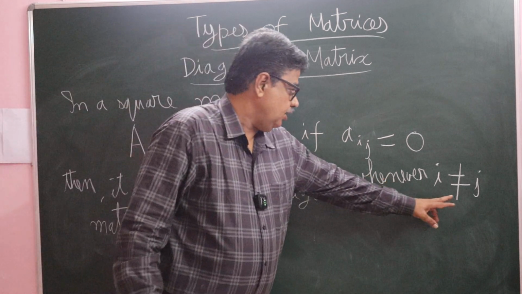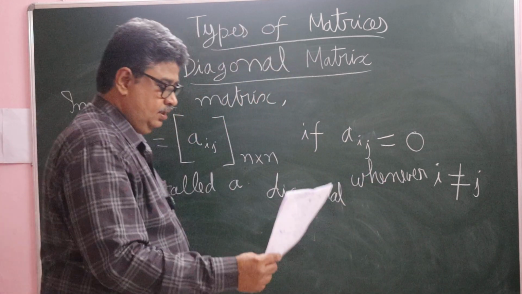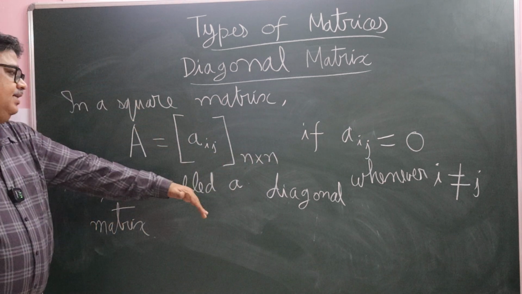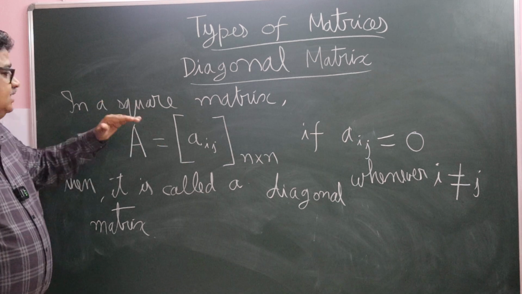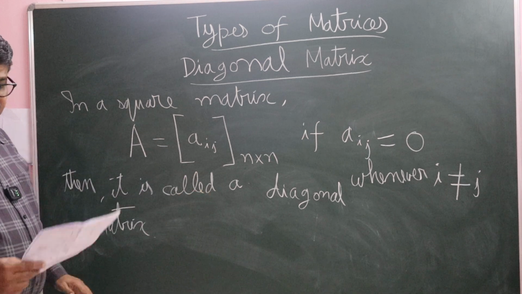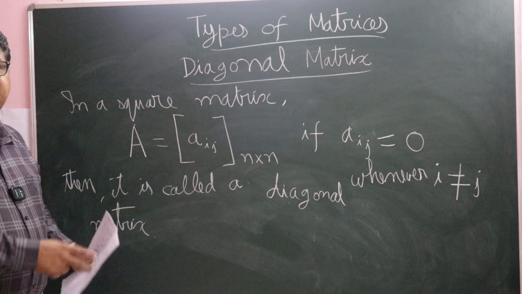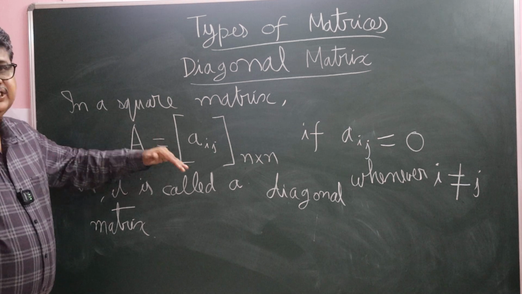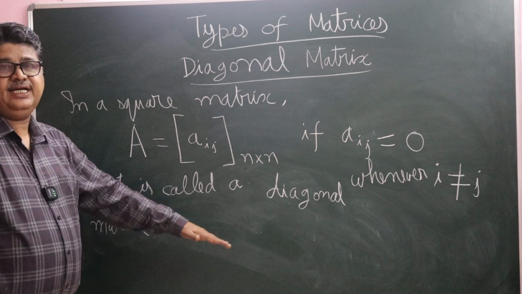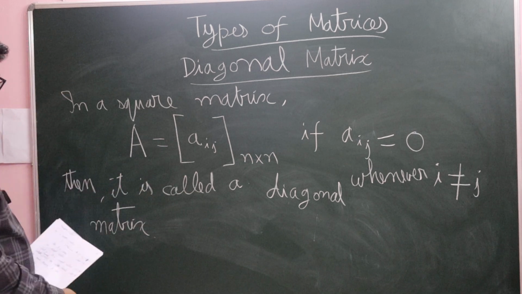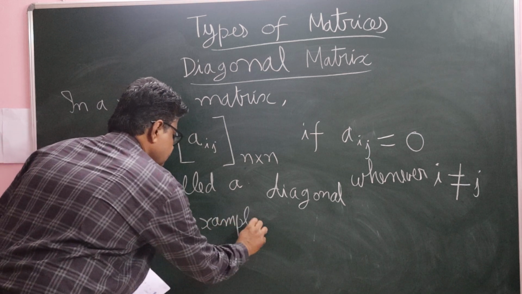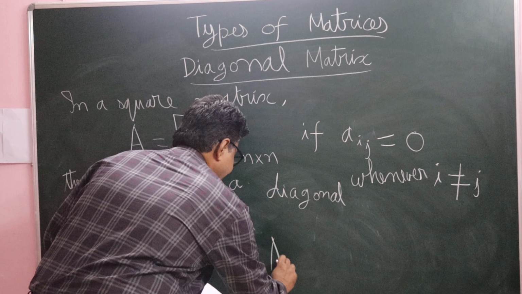That means the elements along the diagonal don't have to be 0 values, but all other elements except those along the diagonal are 0. Example,